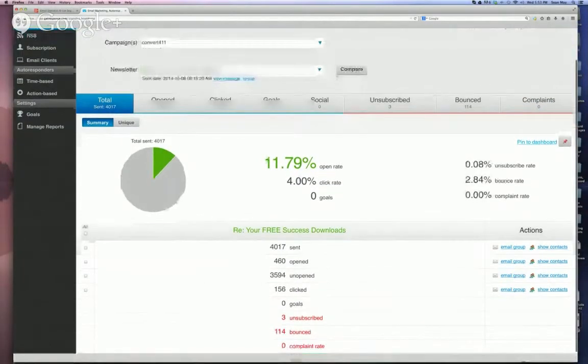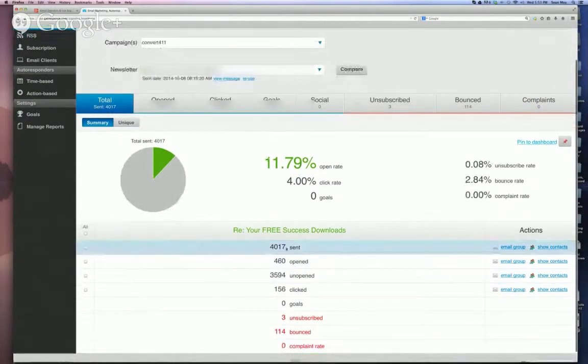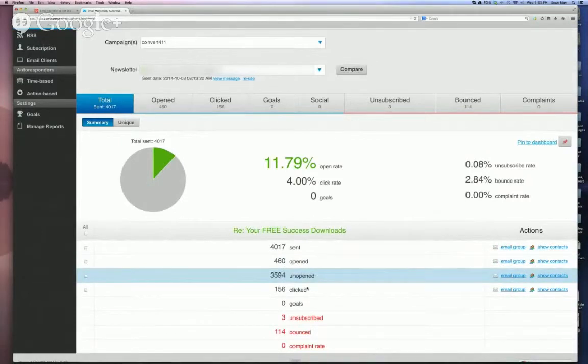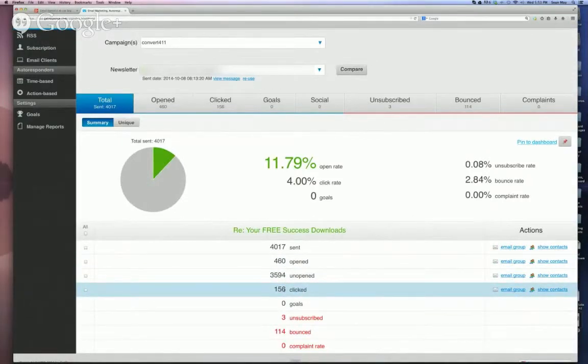So here it gives you the basic detail. Okay, a little over 4,000 sent. 460 of those were opened. This was just sent out a couple hours ago. So the unopened amount and how many have been clicked so far. What this allows you to do is dive in and see if your subject lines need to be tweaked a little bit,